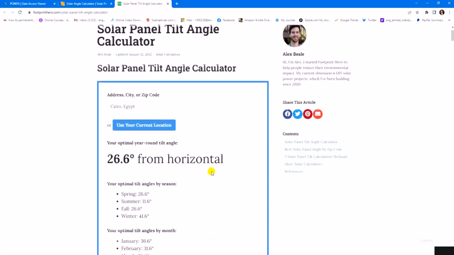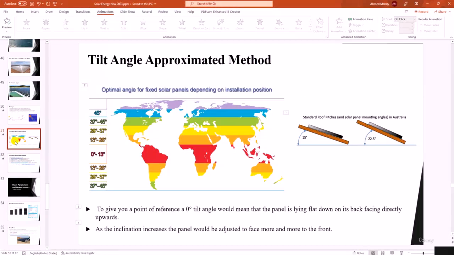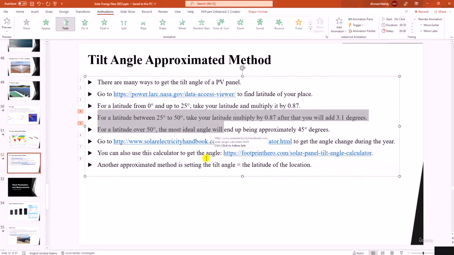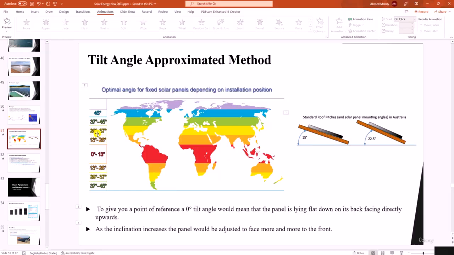Now if you look at this one and get back to this map, you'll find that the optimum angle is between 26 degrees and 37 degrees. These two methods provide 29 and 30 degrees, which is in this range. Now let's see this one.